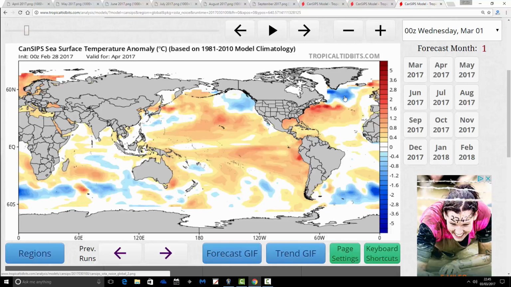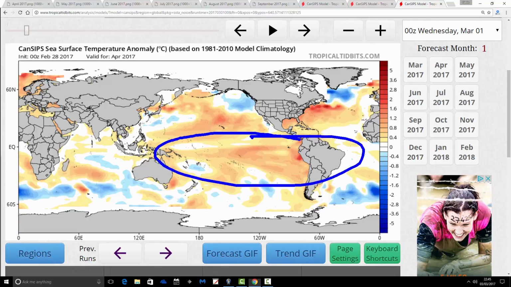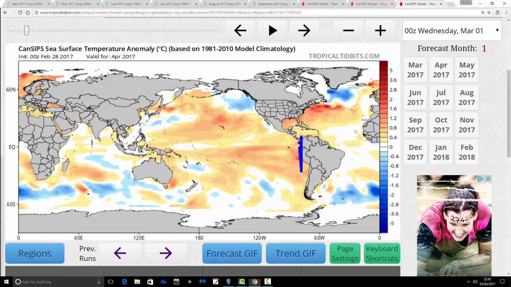It's just for fun. Finally, having a look at what's happening with ENSO in terms of the model forecast. This is the region we're interested in just here. So we're interested in the sea surface temperature anomalies from Peru, which is just there, through to Indonesia over here. In April, we see that the model is predicting warmer than average sea surface temperature anomalies to be rising up through the eastern part of the equatorial Pacific. Is that the signal for El Nino?